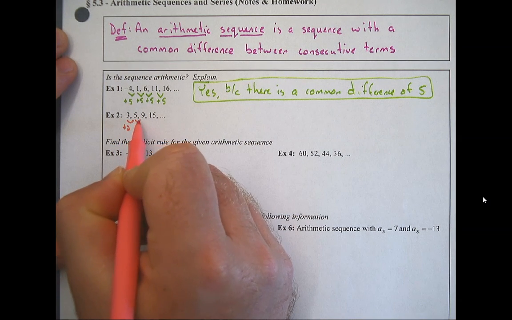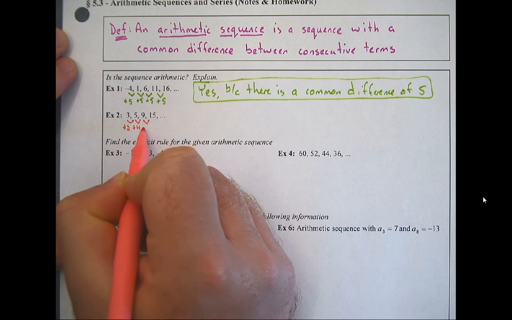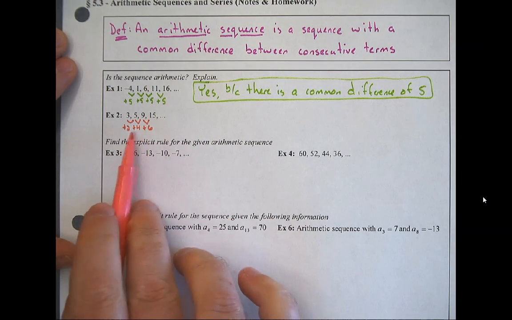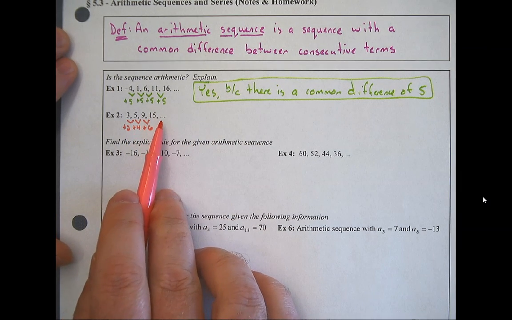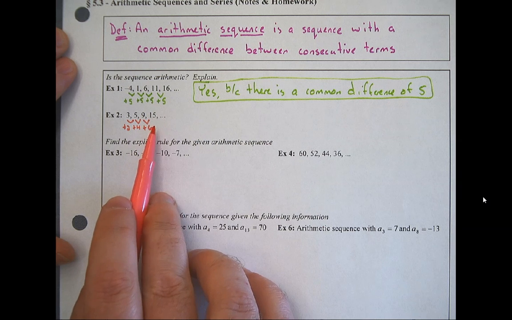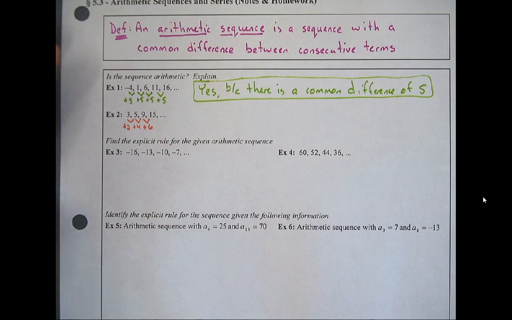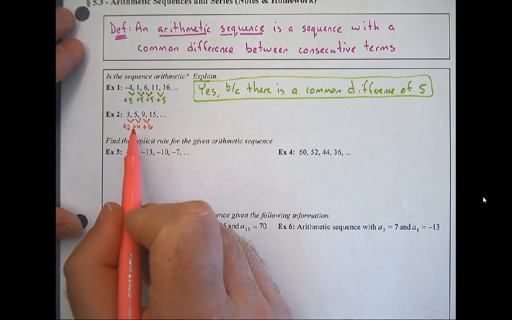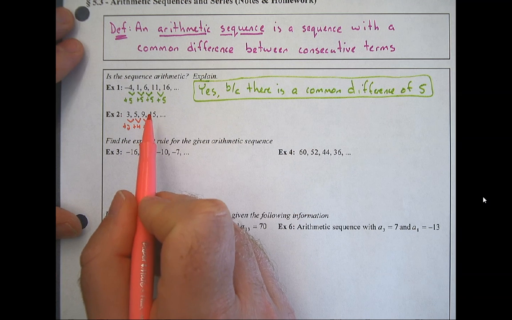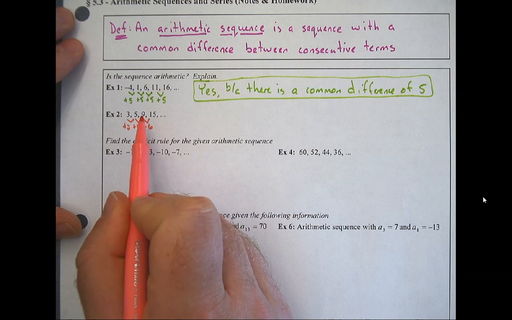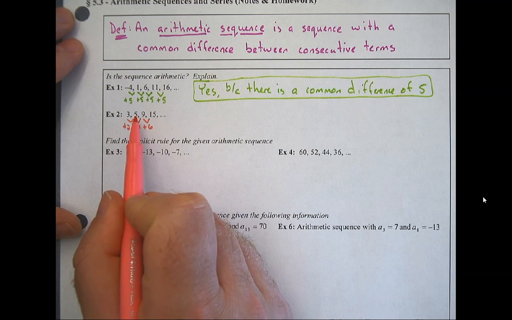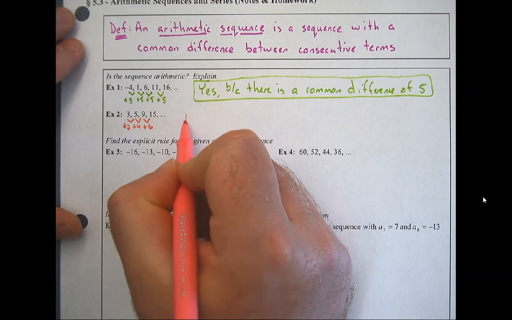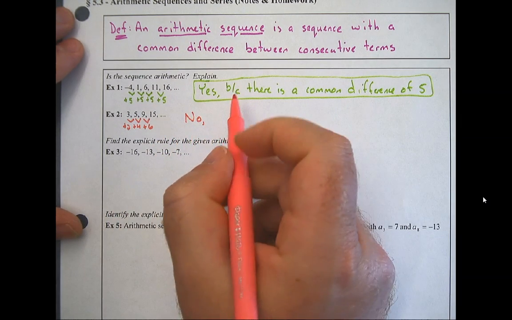+2, +4, +6. Is there a pattern? Absolutely. I could tell you what the next term is. It'd be 23. 15 plus 8 would be 23. I can predict what the pattern is, but that doesn't make it arithmetic. It's only arithmetic if you have a common difference between terms. So if 15 take away 9 is not the same as 9 take away 5, then you do not have a common difference. So no, this is not an arithmetic sequence,